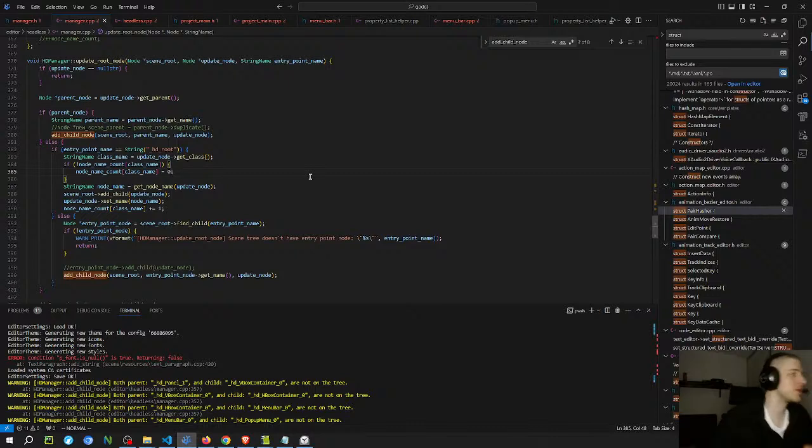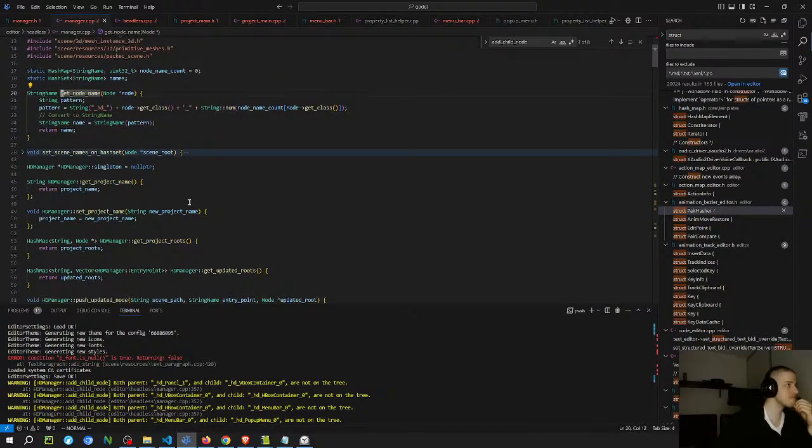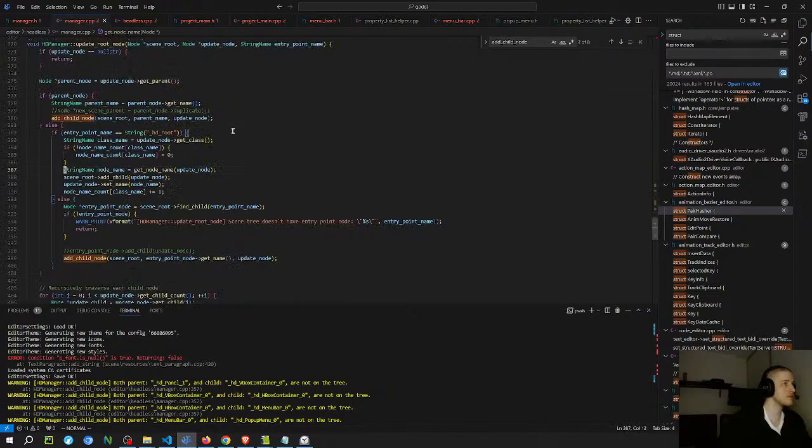But it should be dependent on the name of the class, so it shouldn't change anything. So the only thing that makes sense is this, but